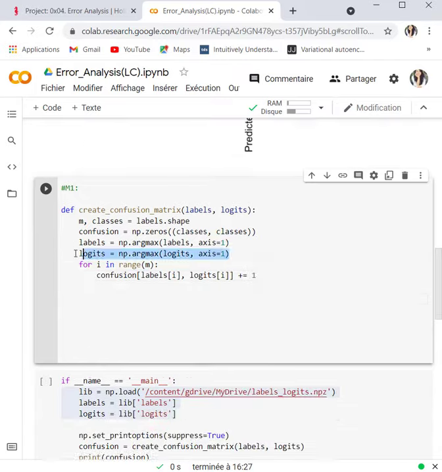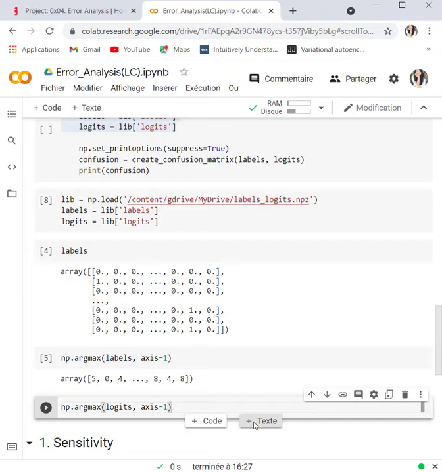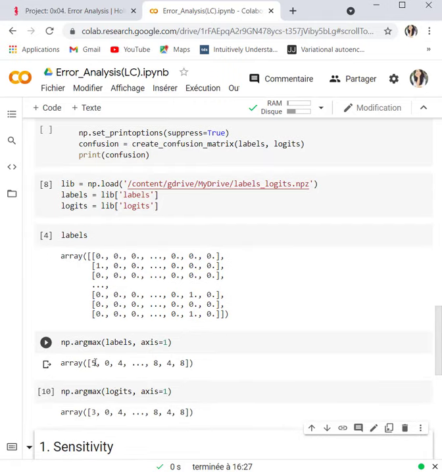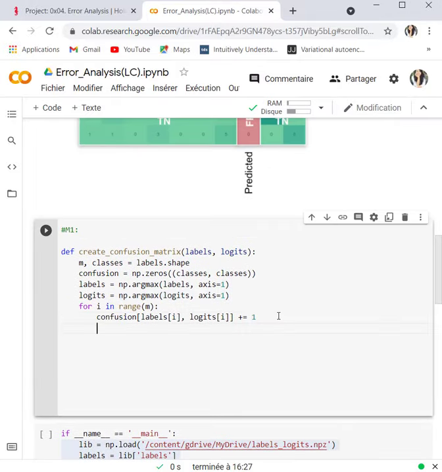Okay, so I'm going to put it here so that you can see it. In the position of 5 and 3, 5 for the rows and 3 for the columns, I'm going to add +1 to this element. For 0, 0, I'm going to add +1 to the element in row 0 and column 0, etc. So this is what I'm doing here, and then I will get my confusion matrix.